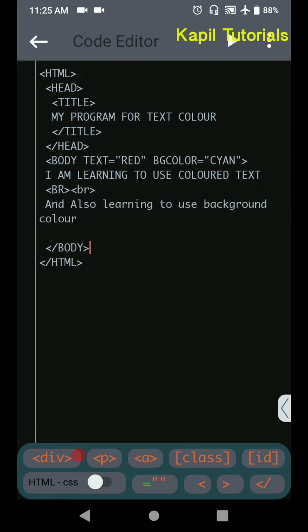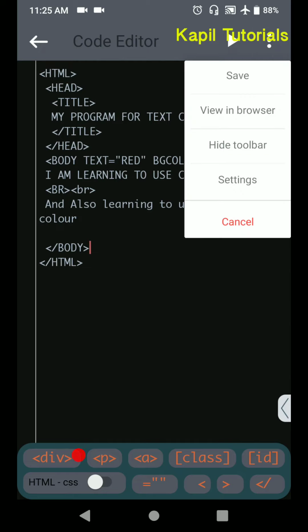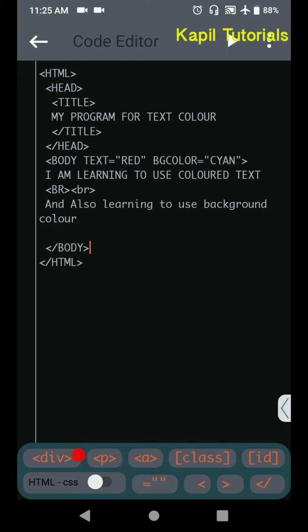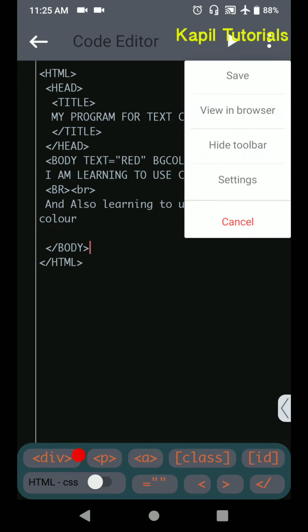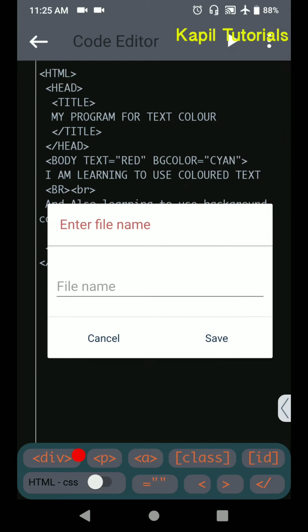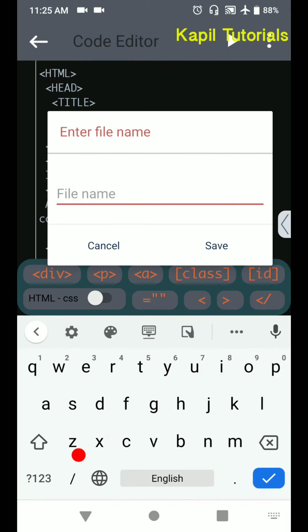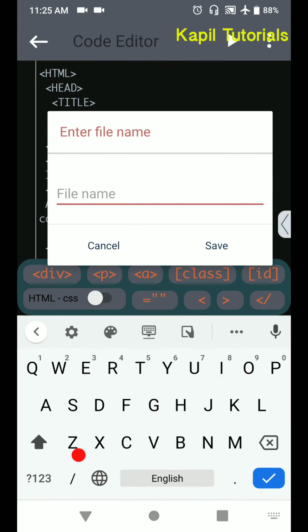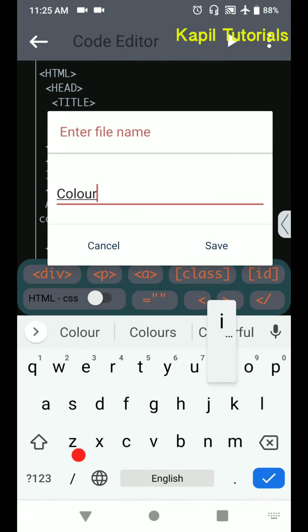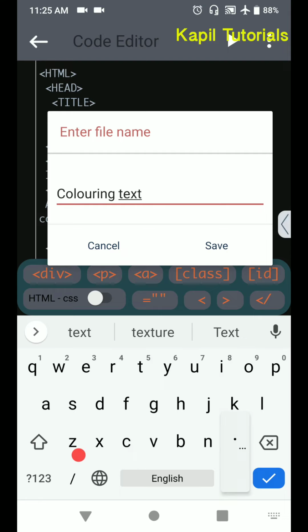Now I have to save the program. The option is here, 3 dots, Save. Okay, I'll save it. The file name I'll give is coloring text.html.